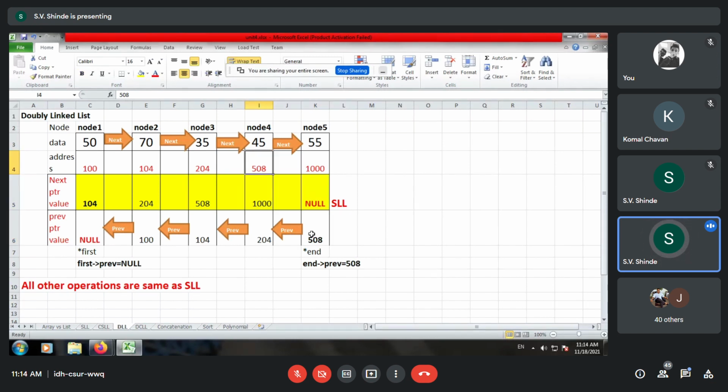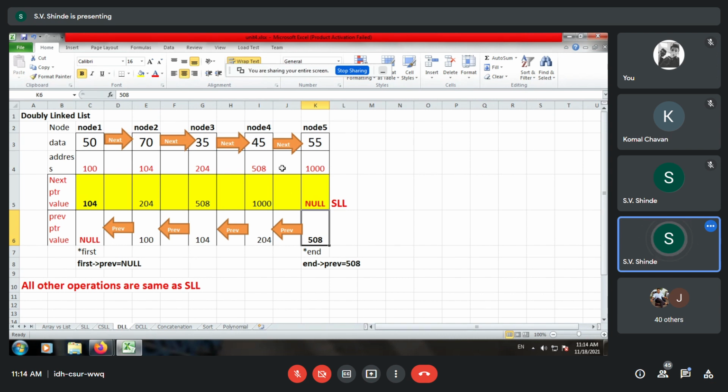Participants, are you able to understand the addressing concept in reversing of the linked list? Yes, participants? See the addressing over here. Node 5 is the end node and the previous node address is 508. Therefore, we update the previous pointer with 508 as the address.